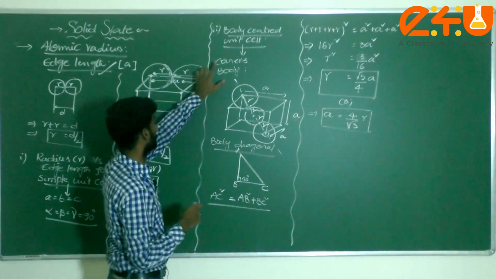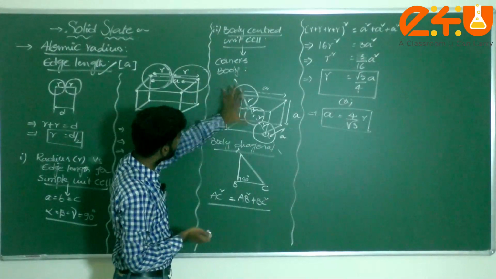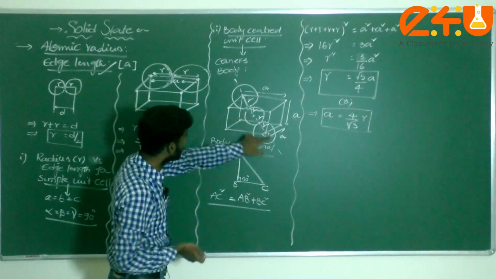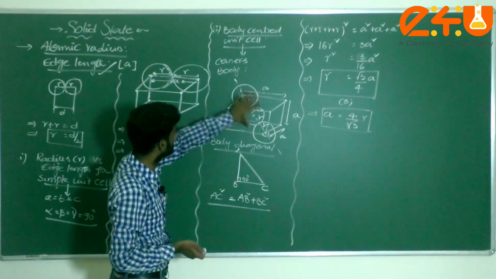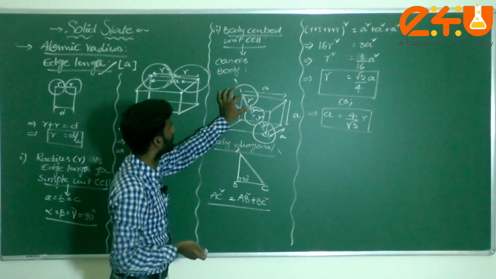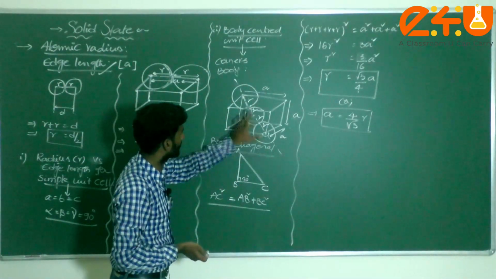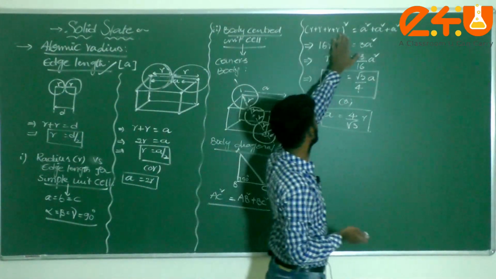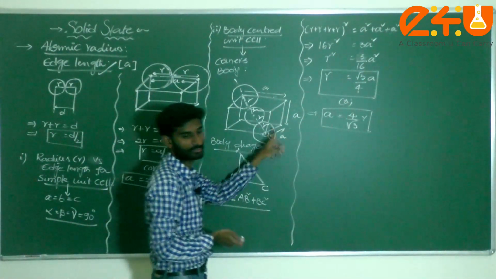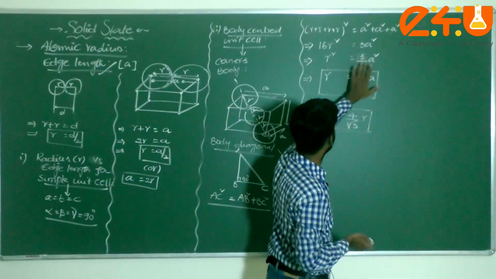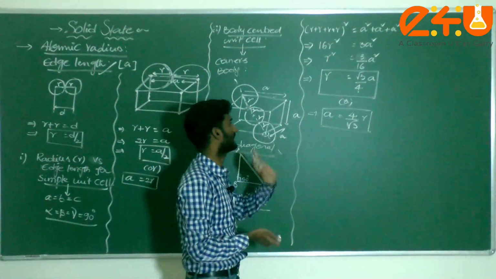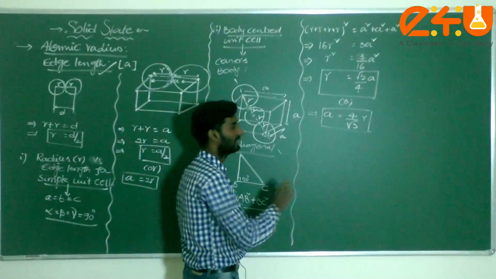This is the second one, dear student. Have you all got it? First of all, what do I consider? The body diagonal, since we are considering the body centered unit cell: corners plus body center. Corner plus body center, I just consider 3 atoms here. I wrote the distance from one atom to the center atom, where the atoms touch, as 4 radii: 4R square is equal to A square plus this A square plus this A square, total 3A square. Then R square is equal to 3 by 16 into A square, then R is equal to square root of 3 by 4 into A. If you want the edge length from there, it is 4 by root 3 into R.